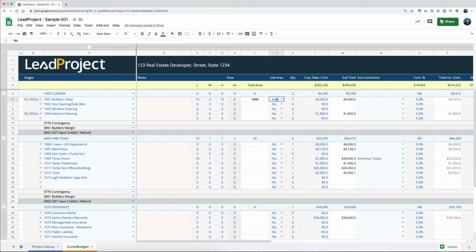So if you don't want to use this area at all, or if you might have, let's say, window cleaning, and someone's giving you a quote, and that quote says, okay, I'm just going to charge you $5,000 to do your window cleaning for the entire building, whatever that is. So you can select that and you can just go by the fixed quote. But if you've got something where you have the dimensions and you have the number of quantity or the multiples of that area or multiples of that